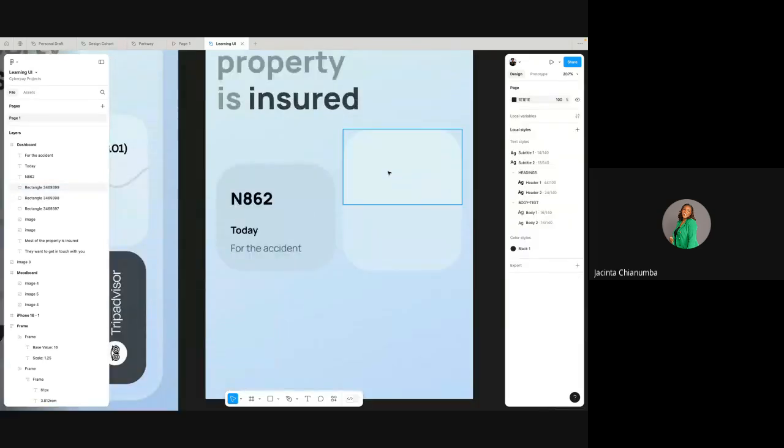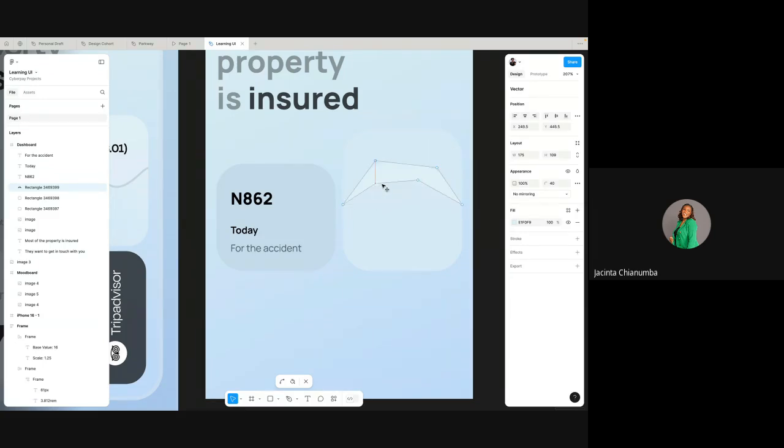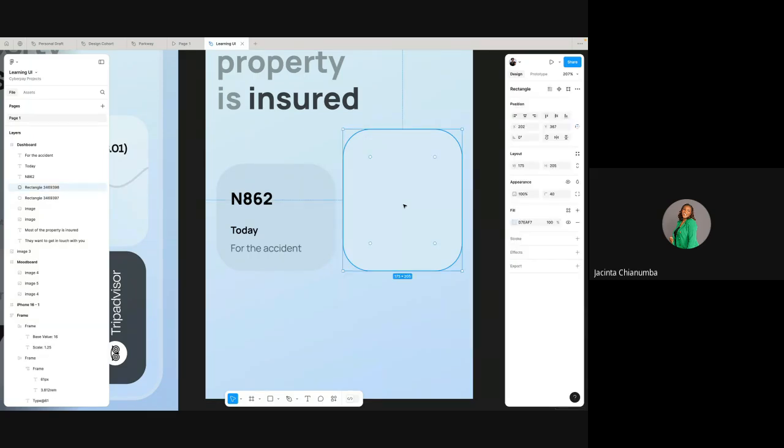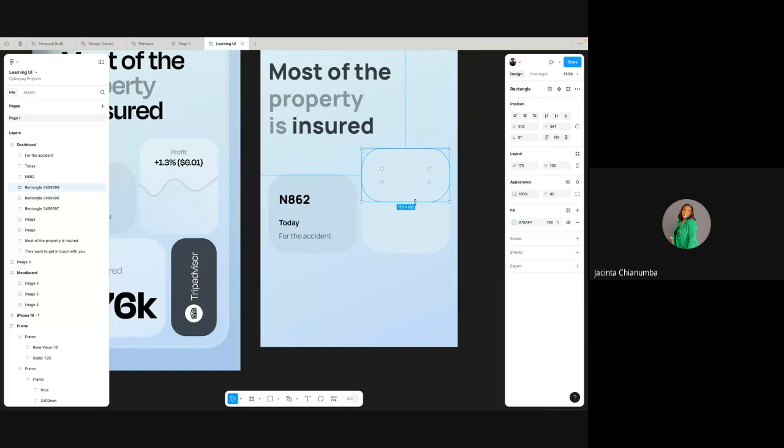On this, if I click on this rectangle once, it appears like this. So I double click on it so that I can work with the edges of this rectangle. You can see how it's creating different points for me. I duplicated this rectangle and then I made it a little bit short. So I now adjusted the